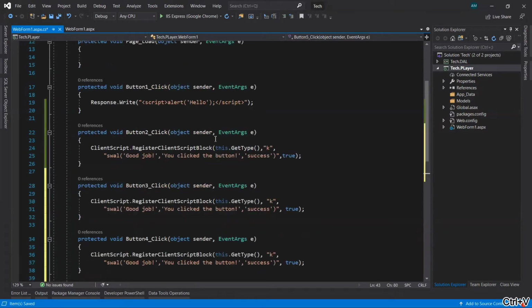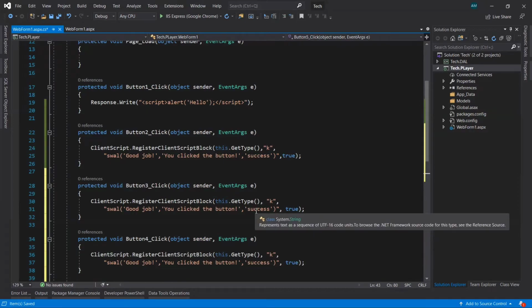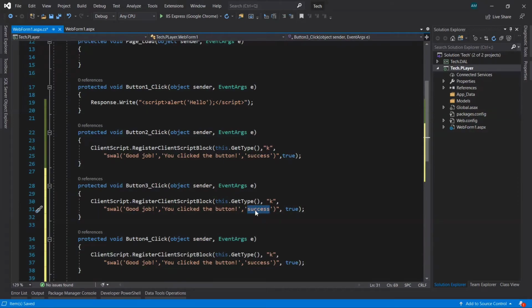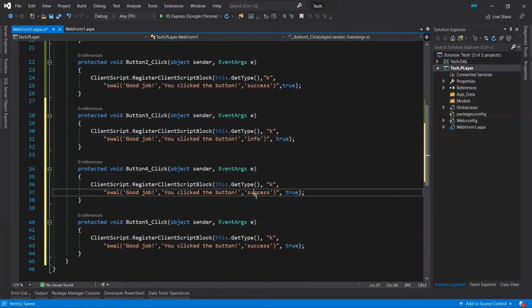Now let's change the type of this message displaying, like for info, and here for warning, and the last one for error, okay.